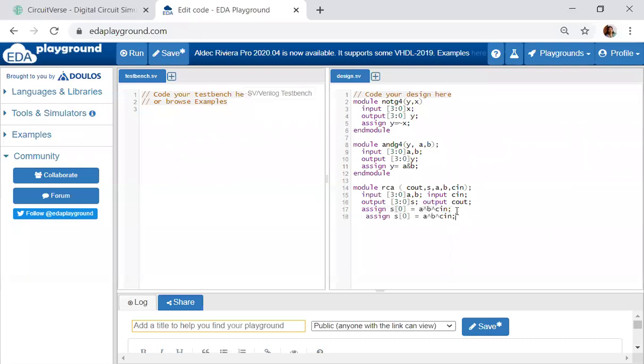What is my S of 1? S of 1 will be equal to A XOR B XOR Cin, so this will be A of 0, B of 0 and Cin. So this will be A of 1 and B of 1 and C. It goes on like that.